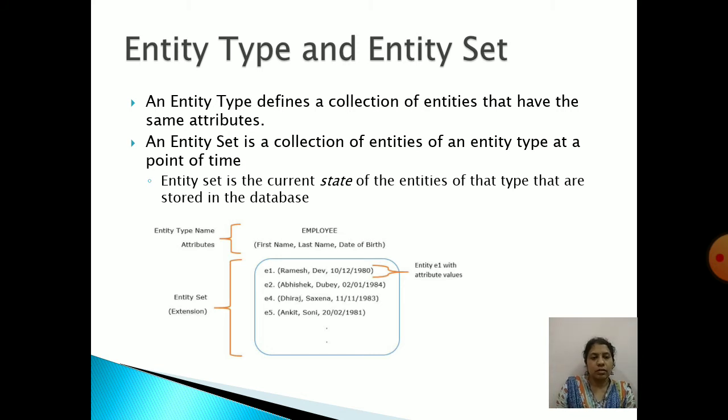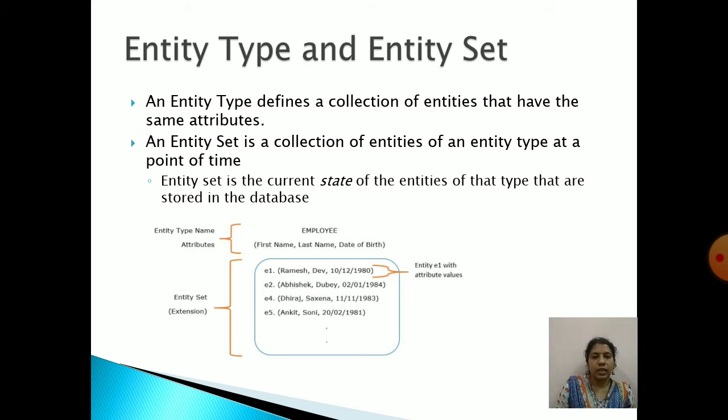So these set of values for the employees like E1, E2, E4, E5 they have given. So these are the employee sets or the instances of an employee type, employee entities. Okay, so how many instances you have at a given time in the database, that is nothing but entity set.